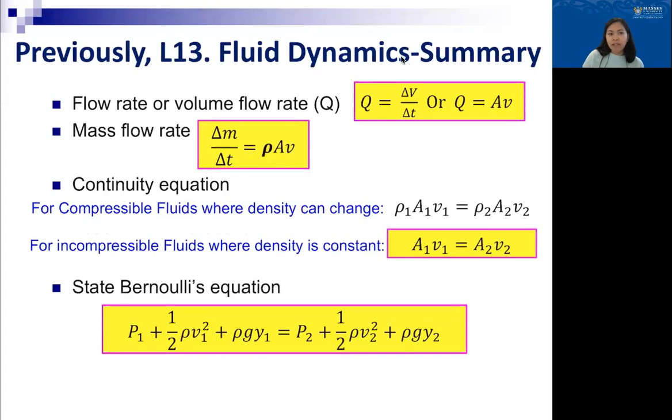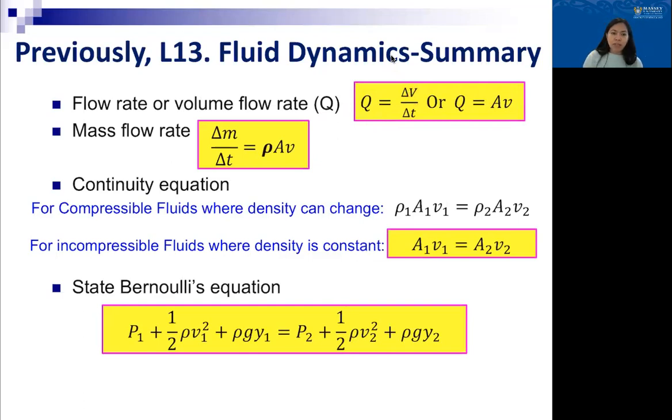And then in the previous lecture, in lecture 13, we looked at how we can describe a fluid when it flows. So we looked at fluid flow. And so we said that when the fluid flows, we can describe its flow by looking at the flow rate Q. And the flow rate Q is related to the volume of fluid that's flowing across a surface per unit time. And so that fluid flow is also related to the cross-sectional area of where that fluid is flowing times the